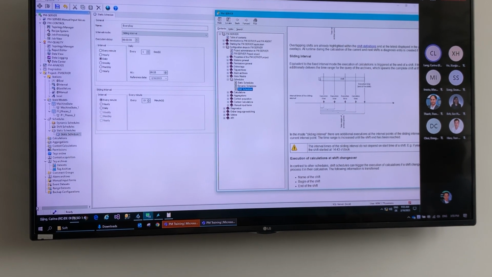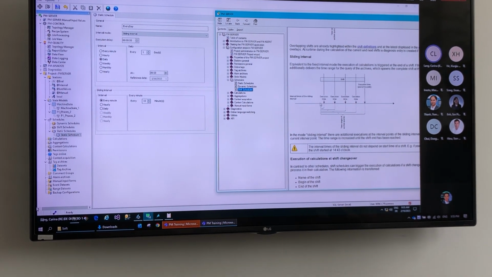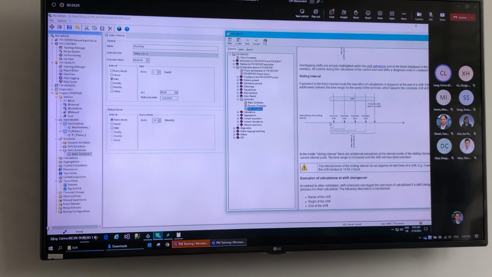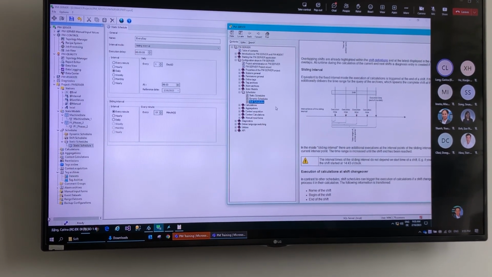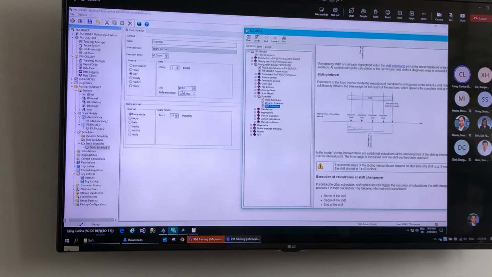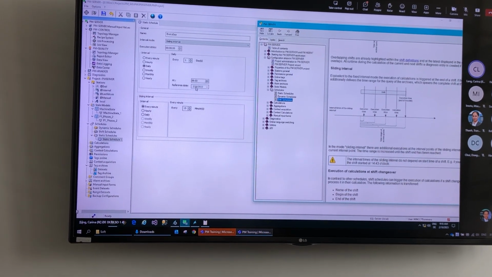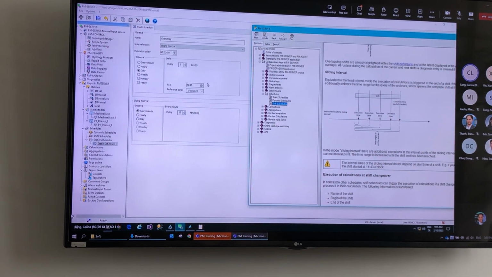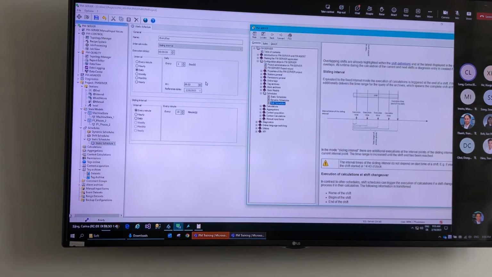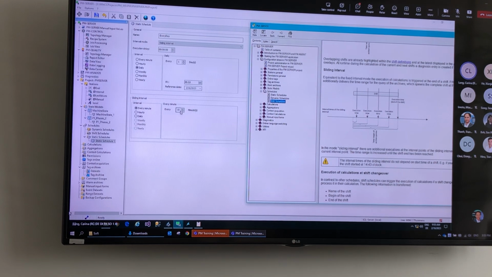So for the time range of the calculation, we start at this time, 9 a.m. and 53 minutes, and that is the first time the calculation is triggered, and then after 15 minutes,